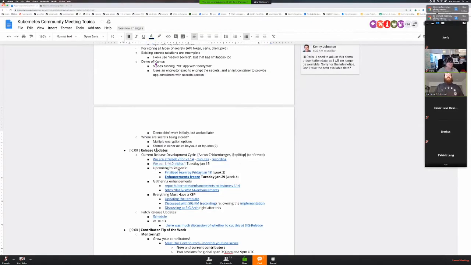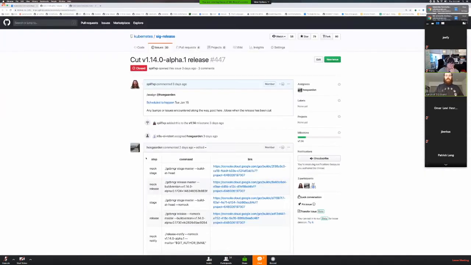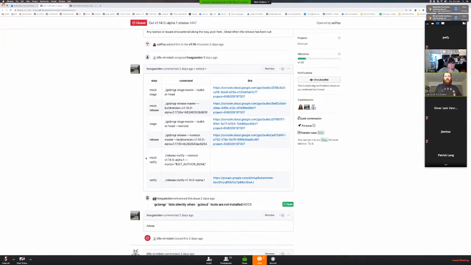We cut 1.14 Alpha 1 on Tuesday, January 15th, as you can see by this issue. Thank you to Hannes, our branch manager, for doing that. We were reminded that it is difficult to actually create Debian or RPM files when cutting alpha or beta releases because there's only like one channel out there. Technical details, basically. But we as a release team are interested in trying to solve the problem of cutting Debian